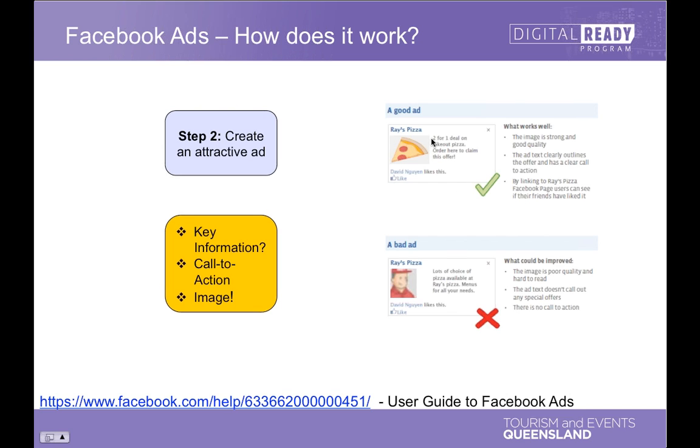So this one has a nice clear image of a slice of pizza. Great. Immediately you know what this ad is about. This one that's not so good has a blurred image of someone's face, which is all a bit generic and also not very good quality. So think about the image that you're going to put in there to start with. Then